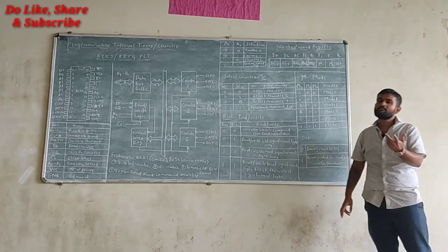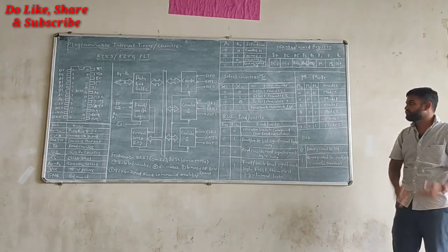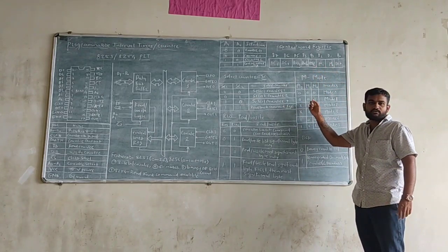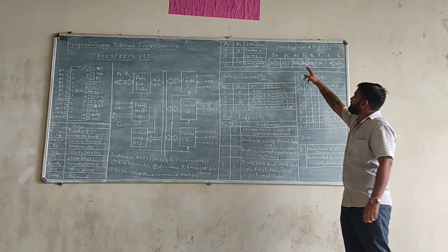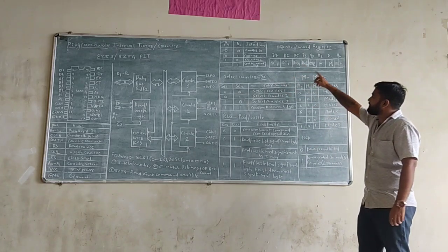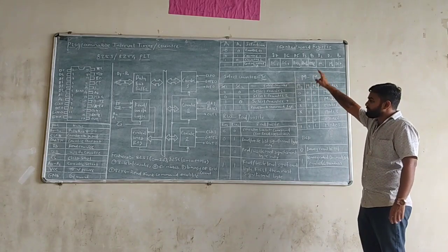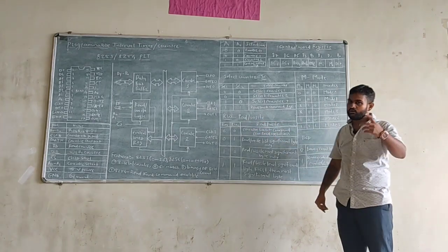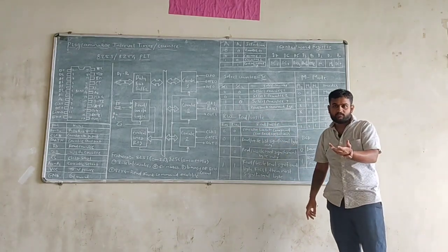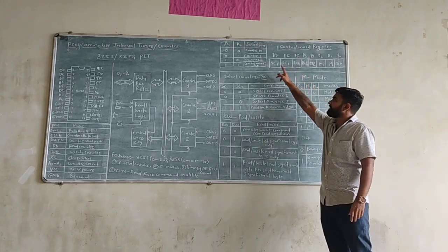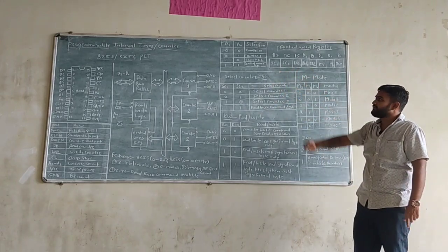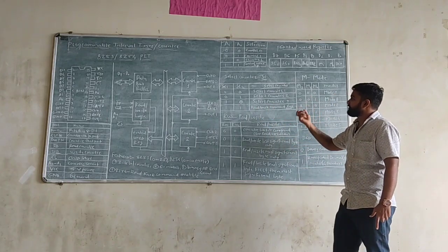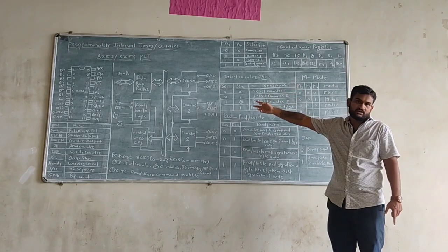What is the meaning of M? M is the word used for mode selection of your counter. So ultimately the values of M0, M1 and M2 are going to decide the value of your modes. Then we have D4 and D5 where we have RW1 and RW2. The values of RW1 and RW2 are ultimately going to decide what we are going to do, either we are going to read or we are going to write the counter. Then we have SC0 and SC1 at D6 and D7. By using SC0 and SC1, ultimately we are going to select the counter type.